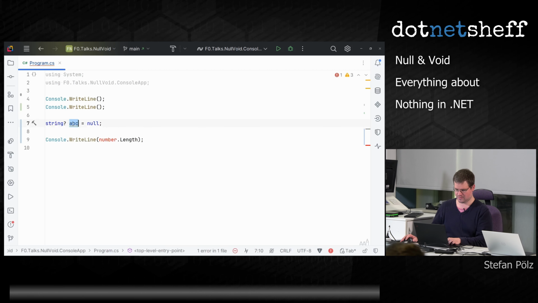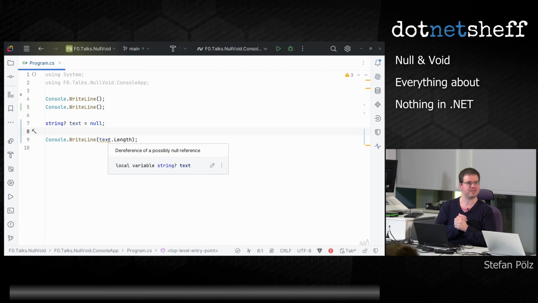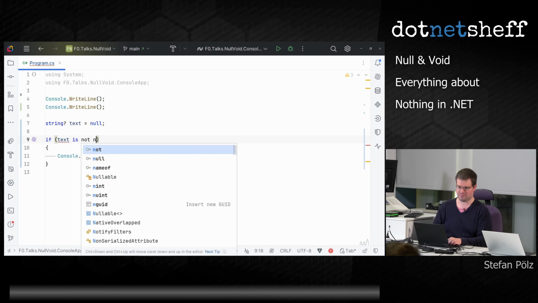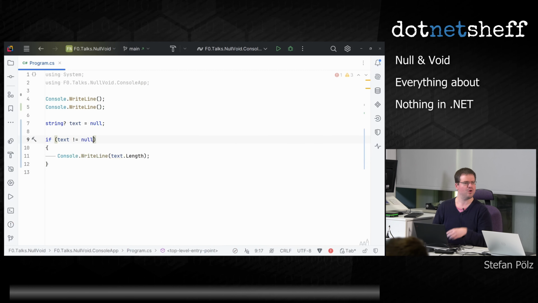And we want to get the length of the string. We get the warning because we try to dereference something that may be null. We just need to do a null check around it. So we can say if text is not null, or via C# 9 pattern matching, is not